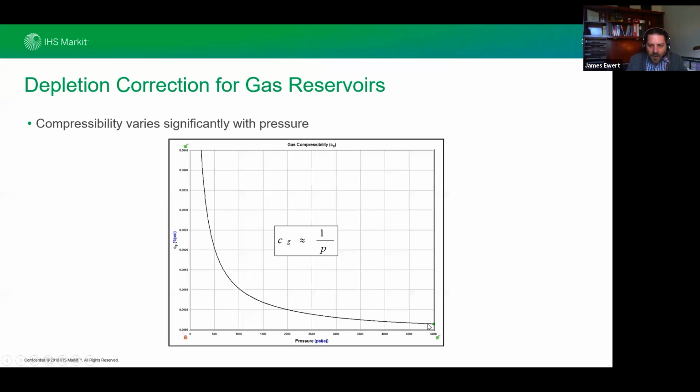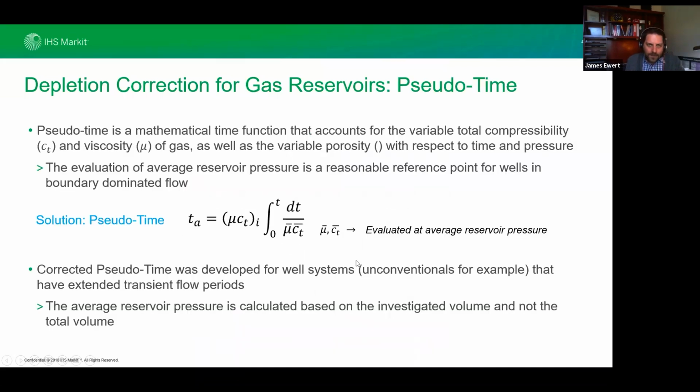Just at the very tip here, as we go from 5,000 to about 4,500 psi, not a big difference. It's changing, but I mean, no big difference. Notice once you get into that bend, like even here, look at the difference between 1,000 and 500. It is so volatile. It changes so much. It's so important to take that into account. And so pseudo pressure is half of it. The other half is pseudo-time.